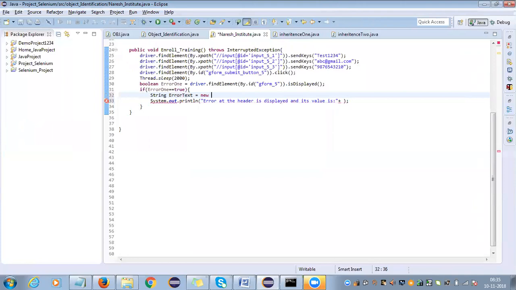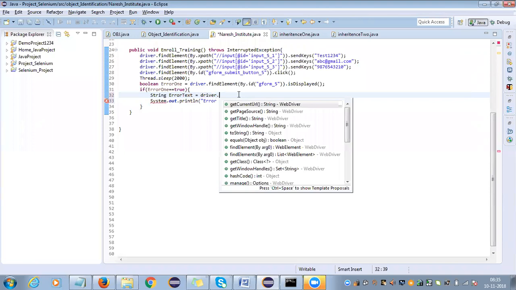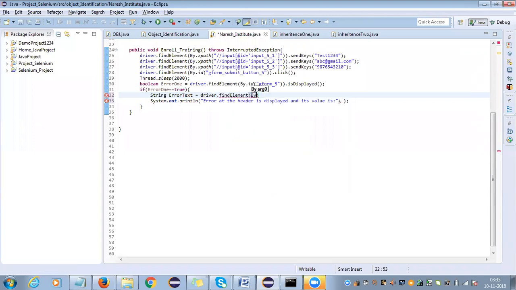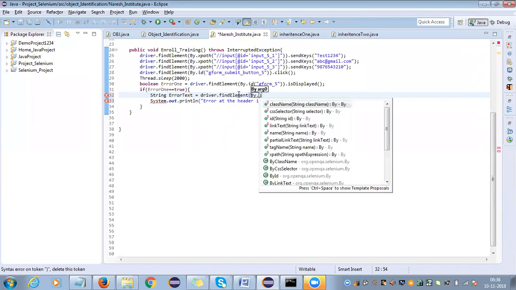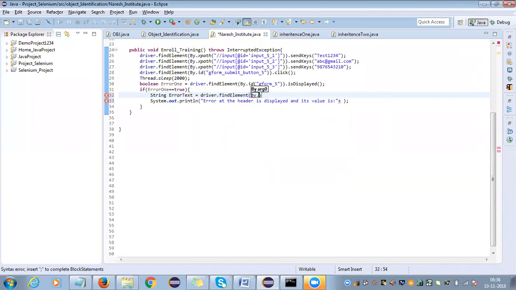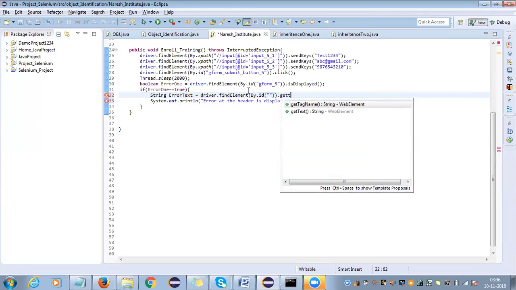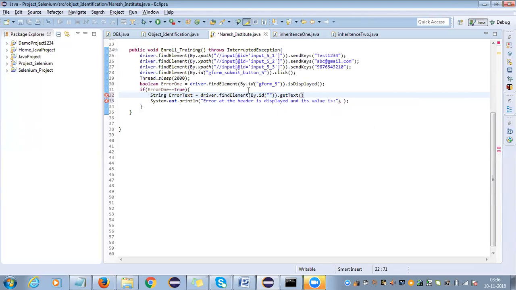See, why I'm doing this is it is very needed for our tracking purpose. I'll tell you. In real time, we need to write in the same way. So even if it is some repetitive process, I'll tell you. Let me complete this, then I'll tell you why I'm doing this. ID I'm searching for, and in this ID, what I want is dot getText. I'm just giving a semicolon and